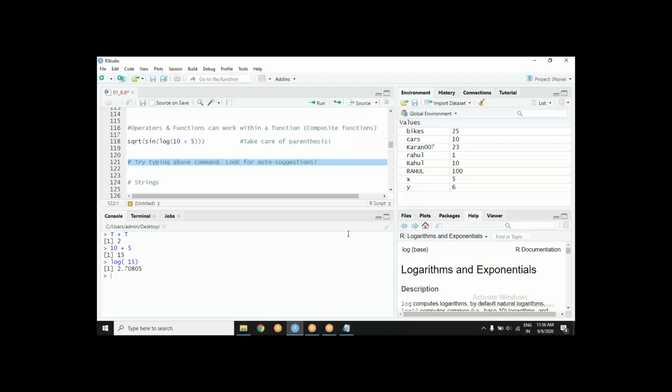We just saw a little while ago what auto-suggestion does. It not only gives you the right spelling and right case, it also gives you parentheses. When you choose the function, it automatically opens and closes the parentheses and places your cursor in between to write further arguments. Maybe give it a try. Try to type this by yourself. Look for auto suggestions and see if you are able to type it without any worries about parentheses. Give it a try. I mean it.